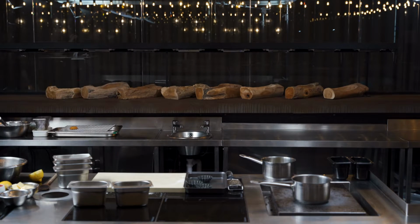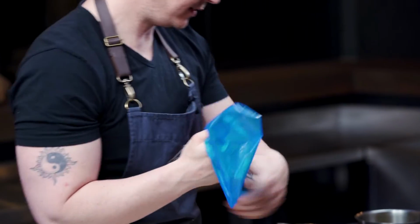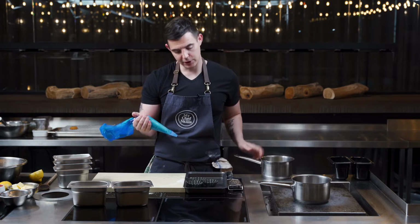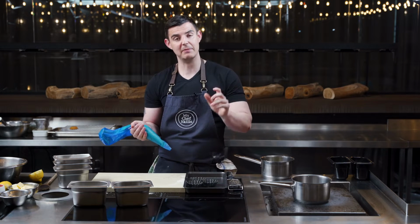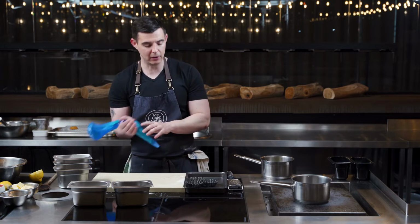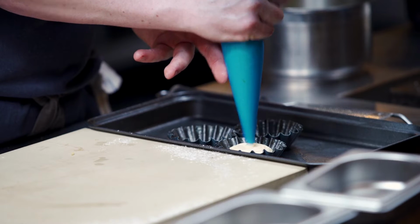Once you've got your batter consistency, transfer your mix into a piping bag. So it's just a cake batter into the piping bag. Here I've got some little tartlet molds. You can use a loaf tin if you'd like, you can use whatever you want. But all we do with these is we just double butter them. So we melt some butter in a pan, get a pastry brush, just brush up the sides of the mold, put it back in the fridge once, take it out of the fridge, do it at the same time. So you almost get this nice buttered glaze around your mold. The reason that we do that is it's a lot easier to turn them out of the molds once they've been cooked. So fill your molds up with the mix,